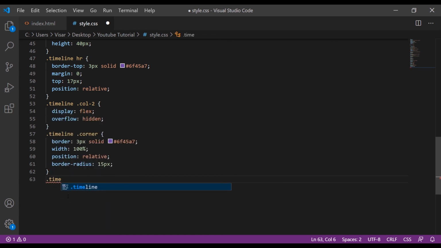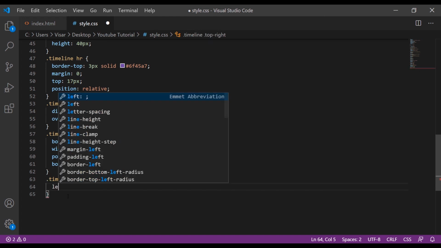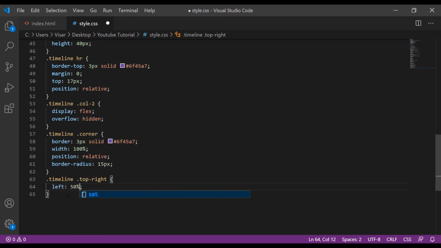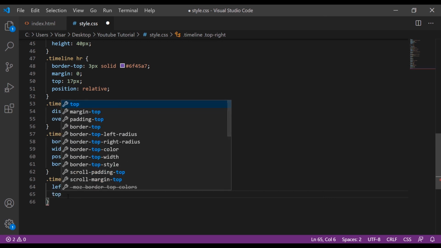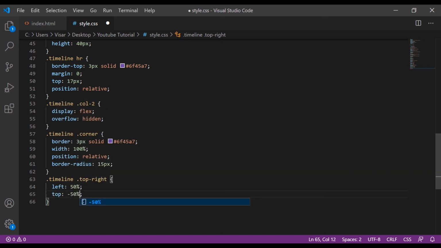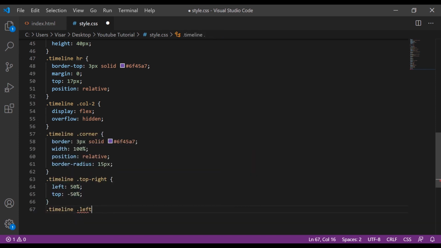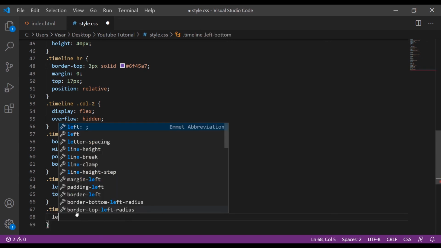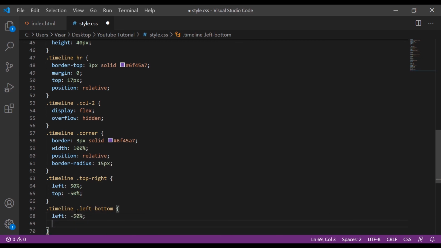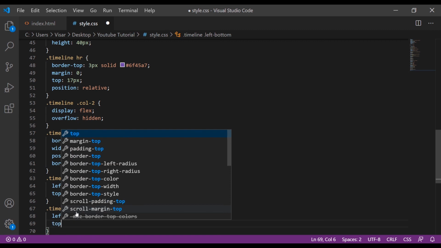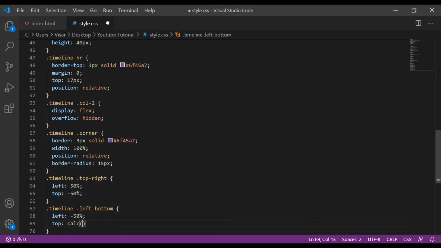Okay, next is timeline top right, give a left of 50% and the top will be -50%. Next is timeline left bottom, let's do left -50% and top, need to use calc, so 50% and 3 pixels.